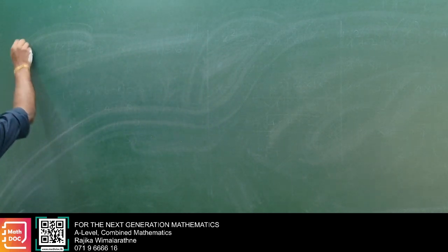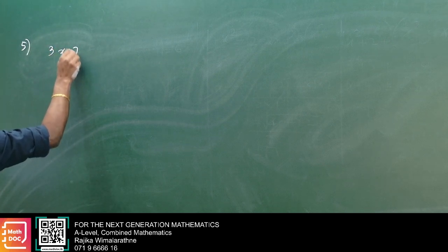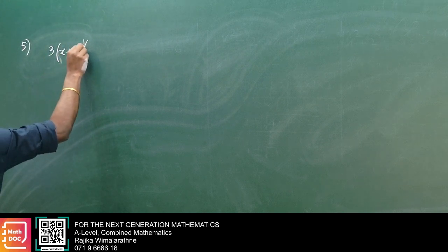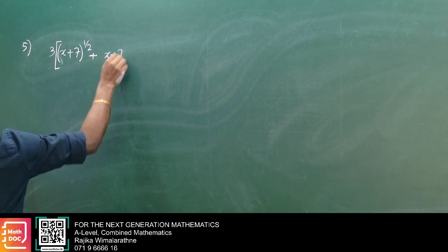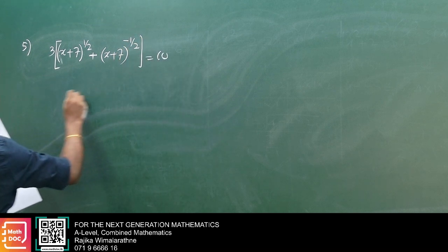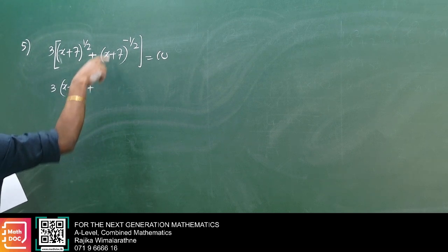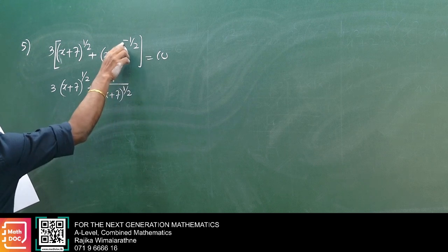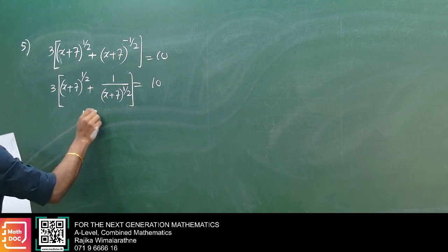Question number 5. 3 times x plus 7 power half, plus x plus 7 power minus half equal 10. Then here x plus 7 power half, here take 1 over x plus 7 power half, remove this minus sign, equal to 10. Now let this substitution